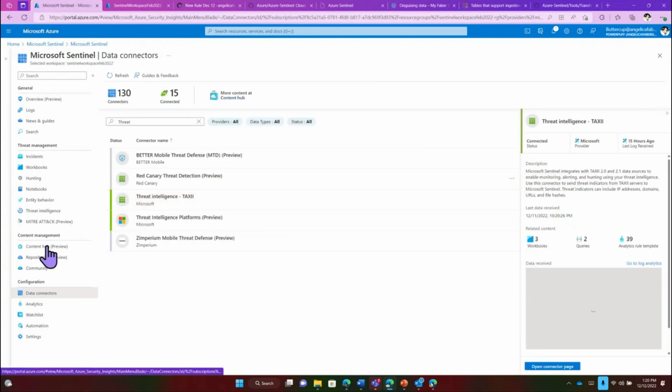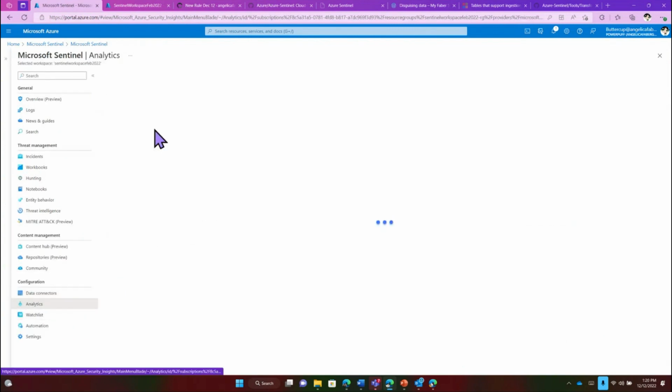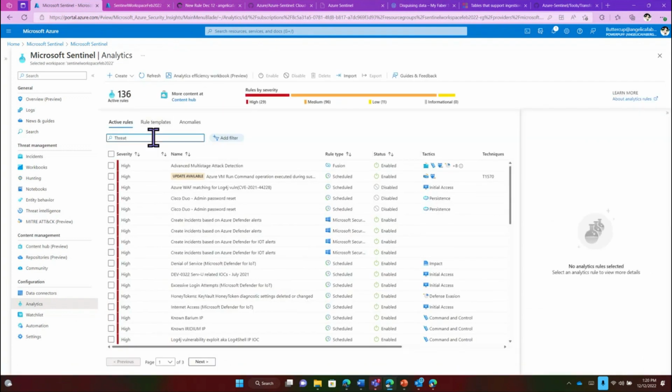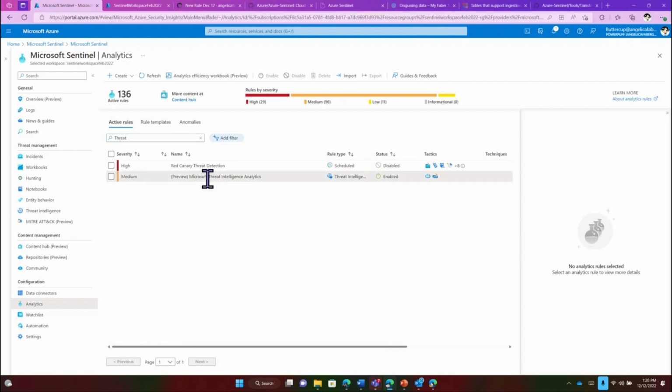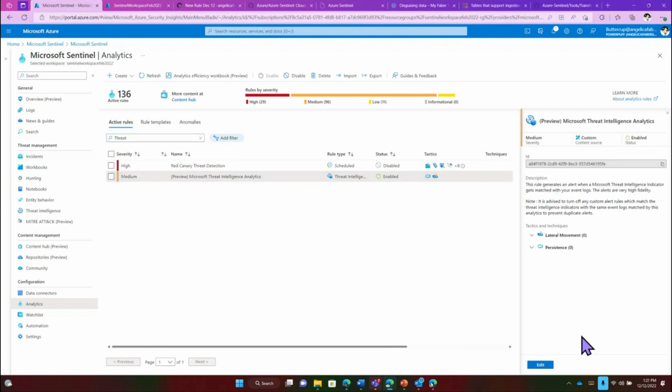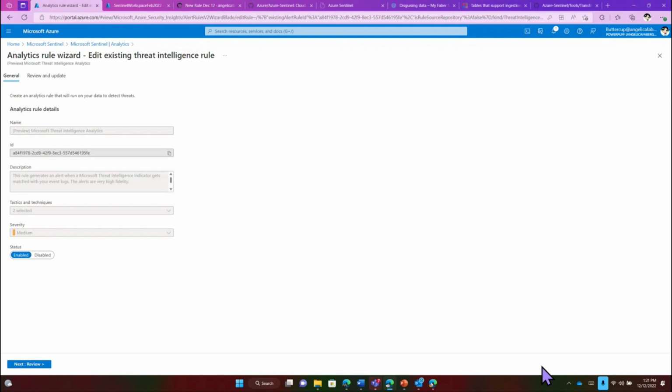There's another analytic rule that is called, what's it called? This one, Microsoft Threat Intelligence Analytics. This rule is actually not reading from your ingested TI data. This rule is coming from our own Microsoft Threat Intelligence data. So even if you're not ingesting anything in there, as long as you leave this on,